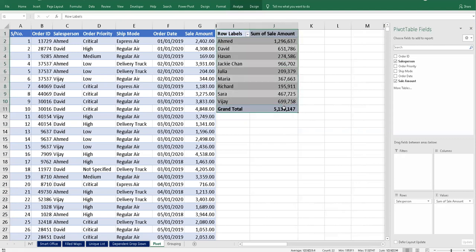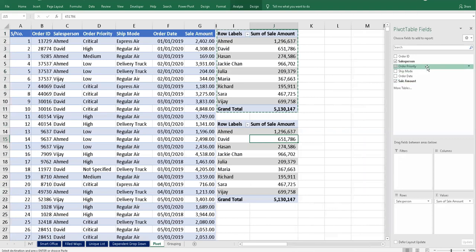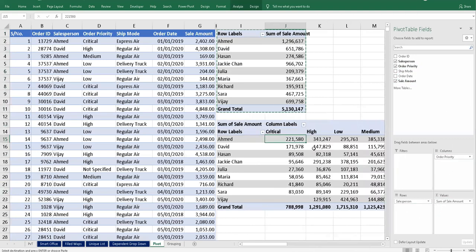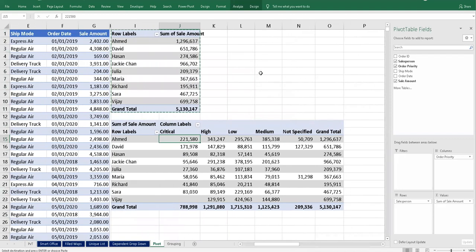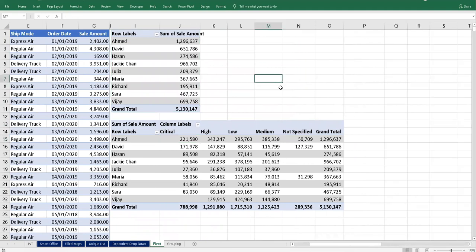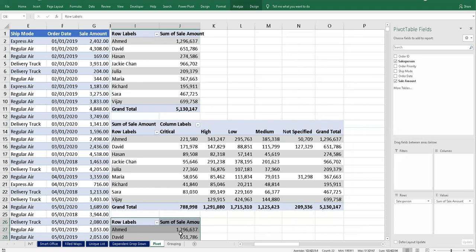Now we will select this information and create another pivot with the same information. I just want to add order priority. See this, the critical. Now all the information has changed automatically, because management may require salesperson-wise information with order priority. No issues, we will just prepare it. With the same table, we are preparing many reports for each user, because management is concerned with whatever they require.